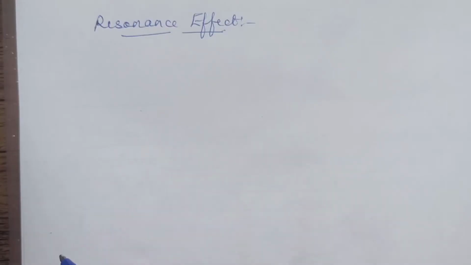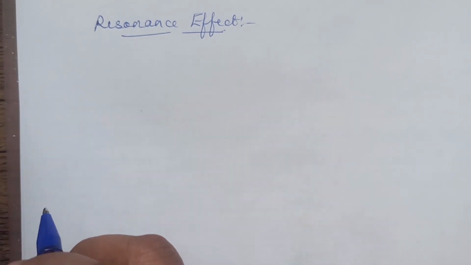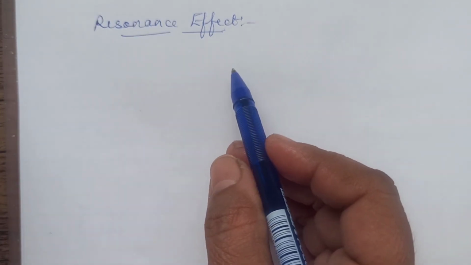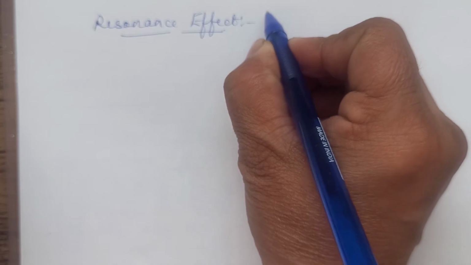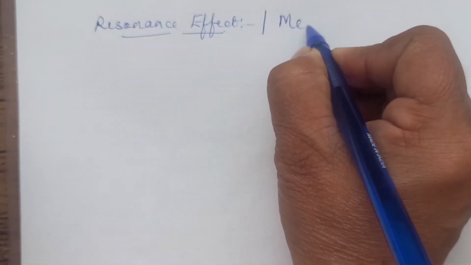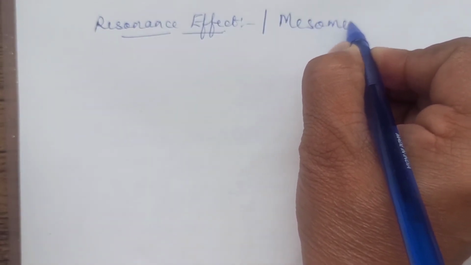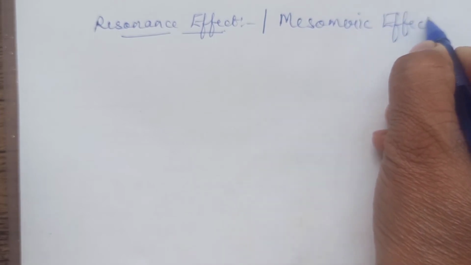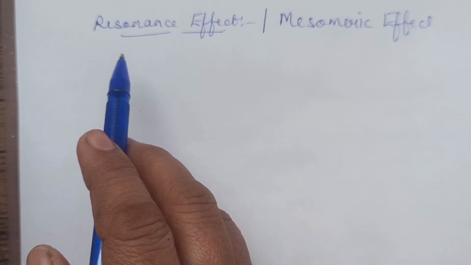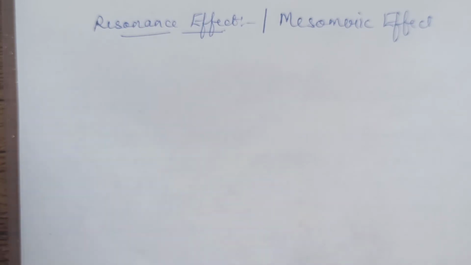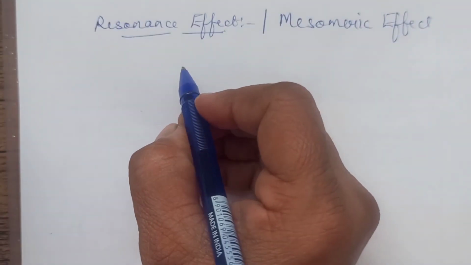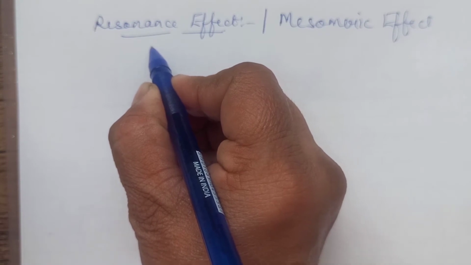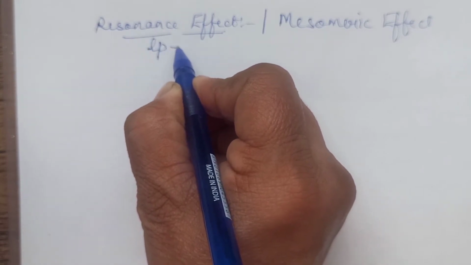Now we'll talk about another effect, that is resonance effect. Now what is resonance effect? It is also called mesomeric effect, and the basic requirement for a compound to exhibit mesomeric effect or the resonance effect is either there should be two